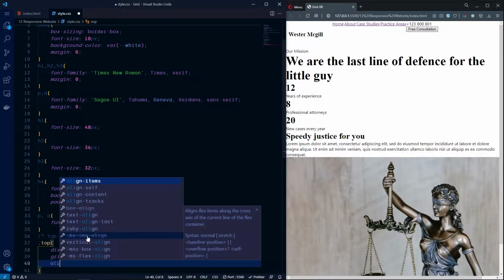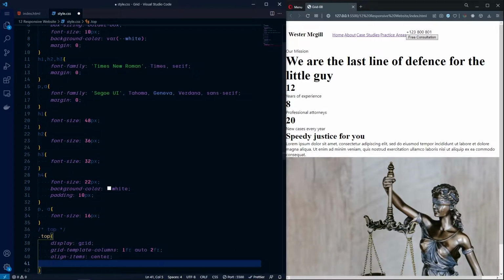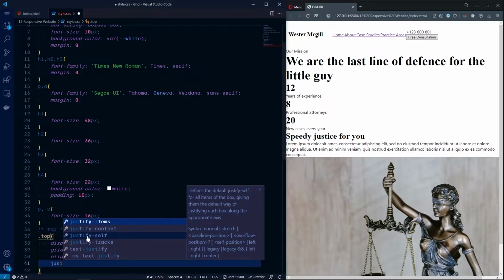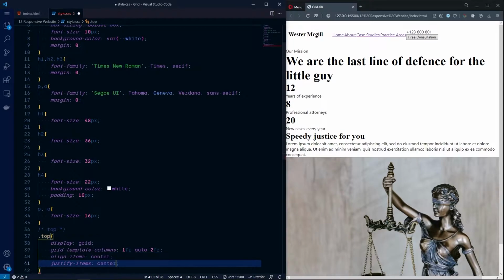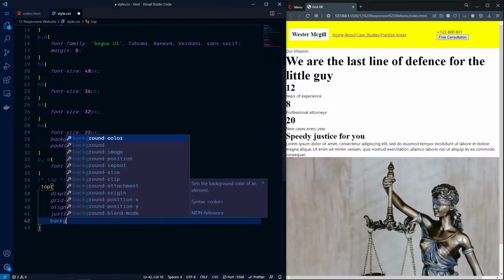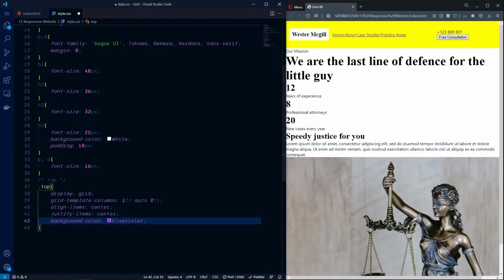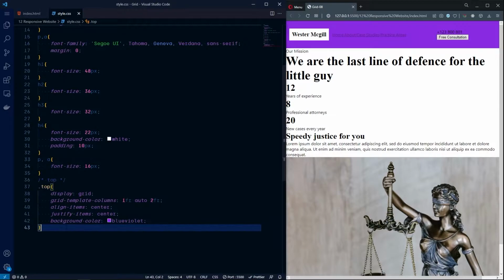Then I will say align-items to center. Similarly, I will say justify-items center as well. So this will align our items horizontally and vertically. Then I would use some background color, which is blueviolet. Save it. Now we will use another grid